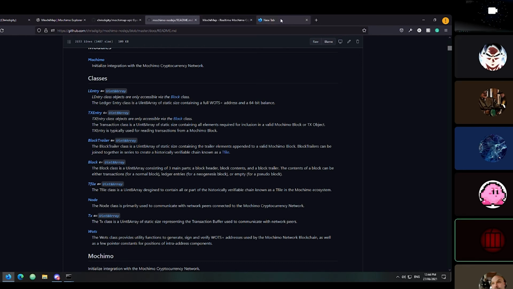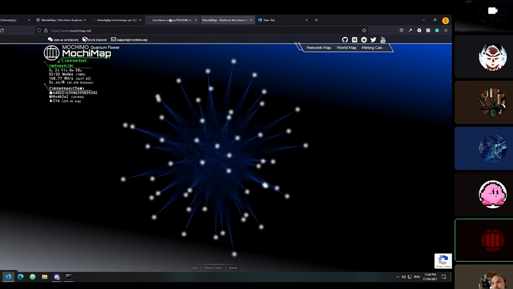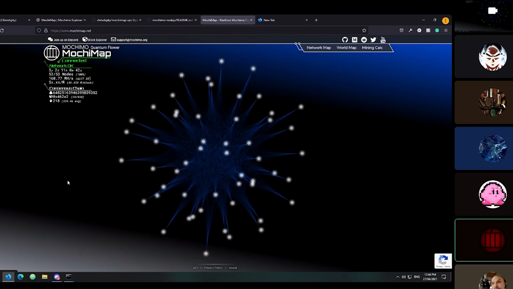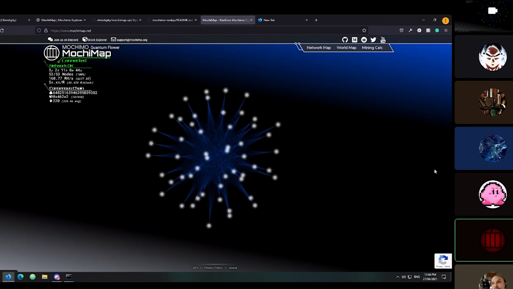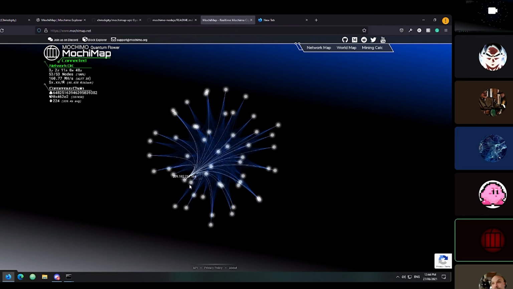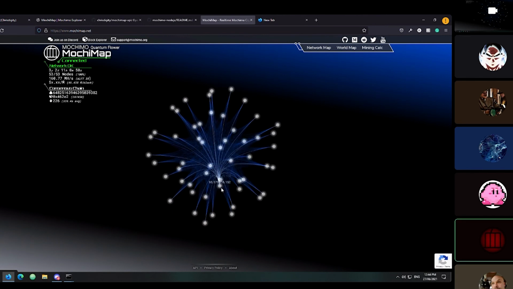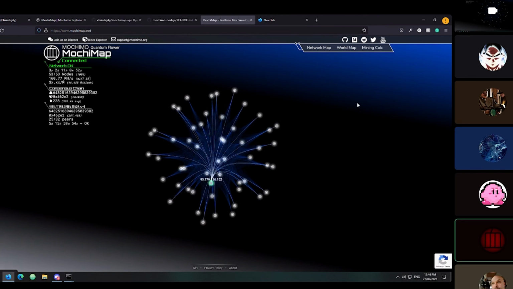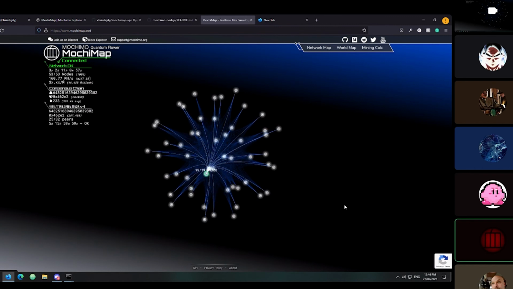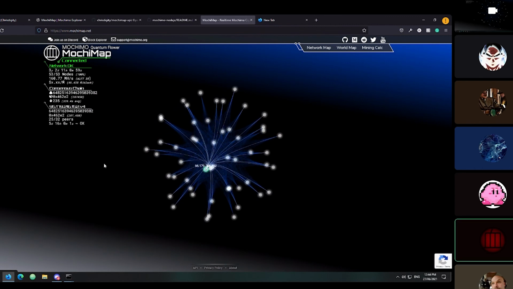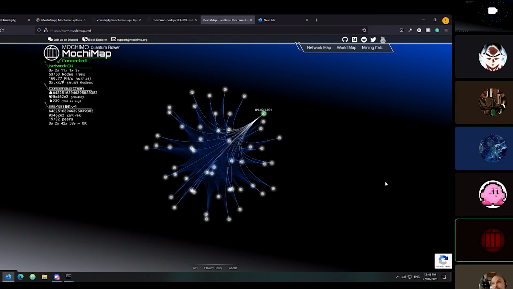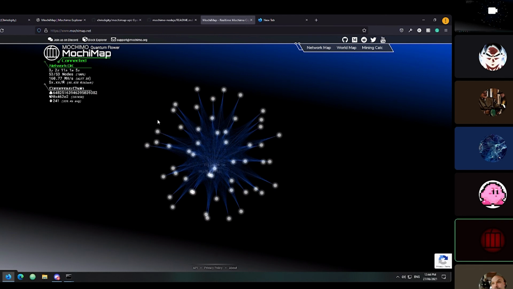Show them the existing Mochimap. This is one of the first things that Chris did for us as a community, and it gives you a live view of the network. At least all of the full nodes, exclusive of nodes that might be hiding behind other nodes. You can see right now that there are 53 full nodes on the network. And if you click on any one of them, you can see how they're connected to the rest of the network from a propagation perspective. So it's really quite